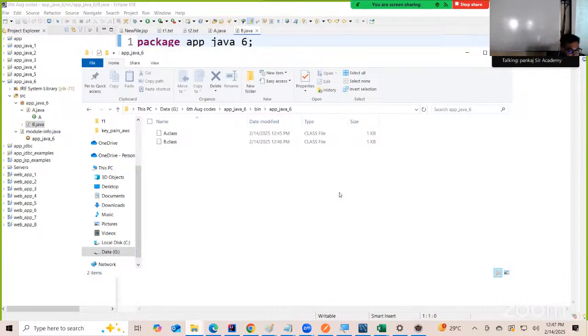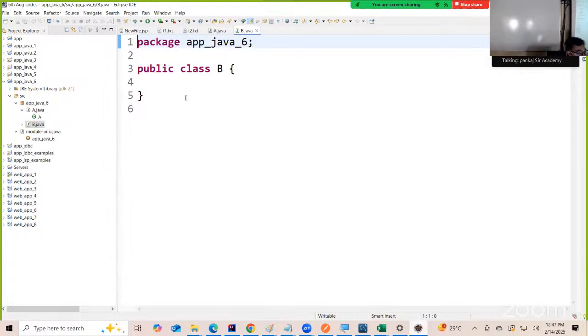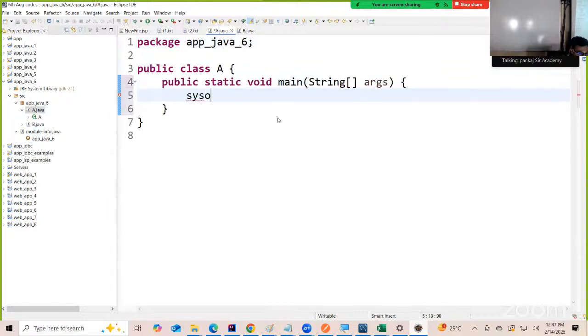Now certain exceptions might occur when this Java file is converted to a .class file. Did you understand, everyone? Okay. These exceptions that occur when a Java file is converted to a .class file are called checked or compile time exceptions. See this here. If I now go here and modify the code, I write a main method, syso